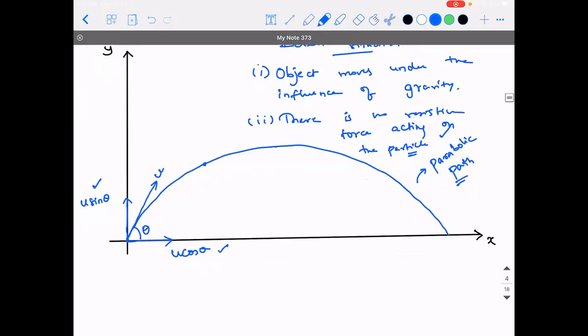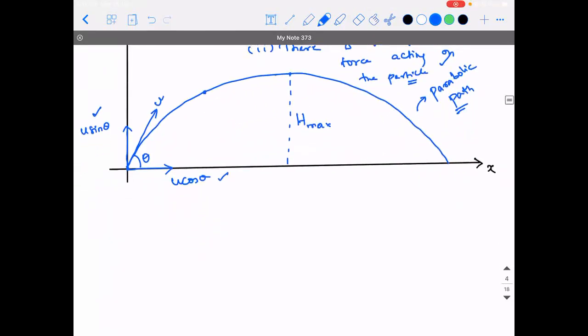So it is able to reach a certain height. Out of all the heights with respect to the ground, there is one particular height which will have the maximum value, and that value of height is what we call h max. What is maximum height? The name itself is suggesting, no? The maximum height to which the object has traveled before it starts descending. Correct?